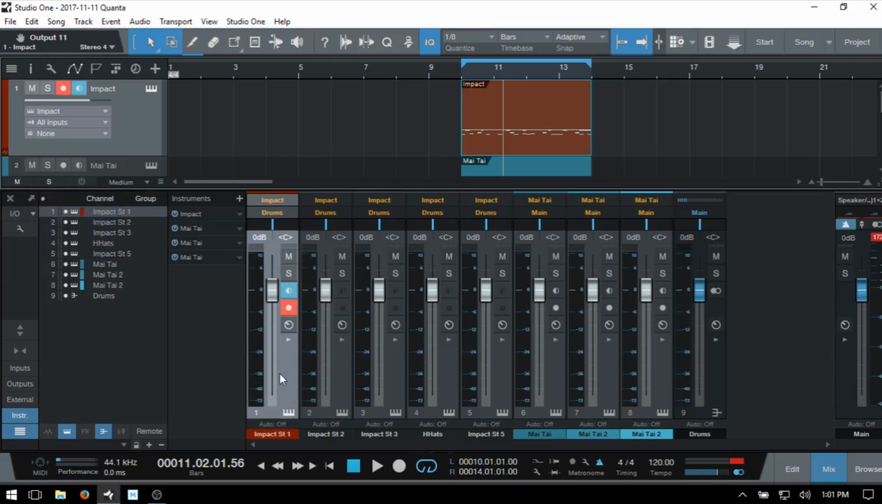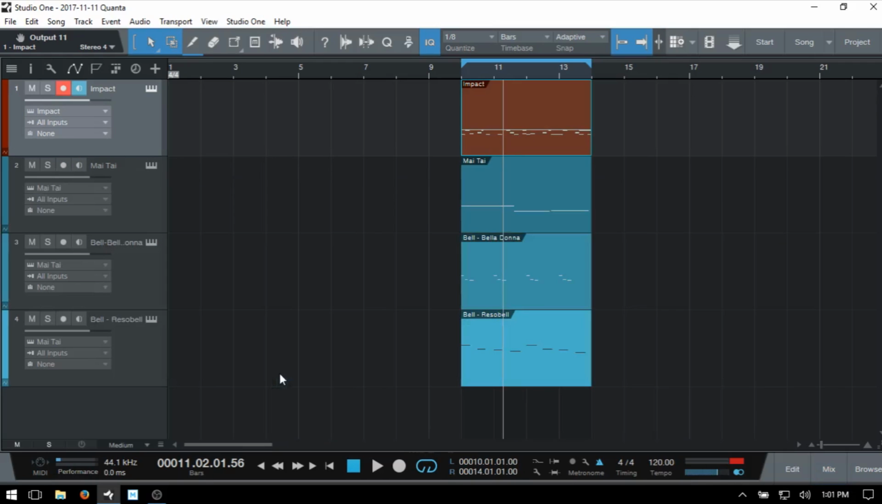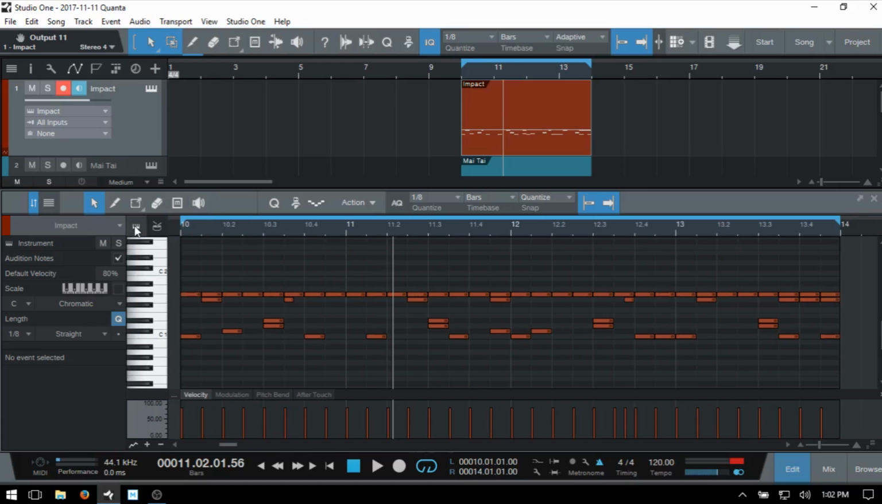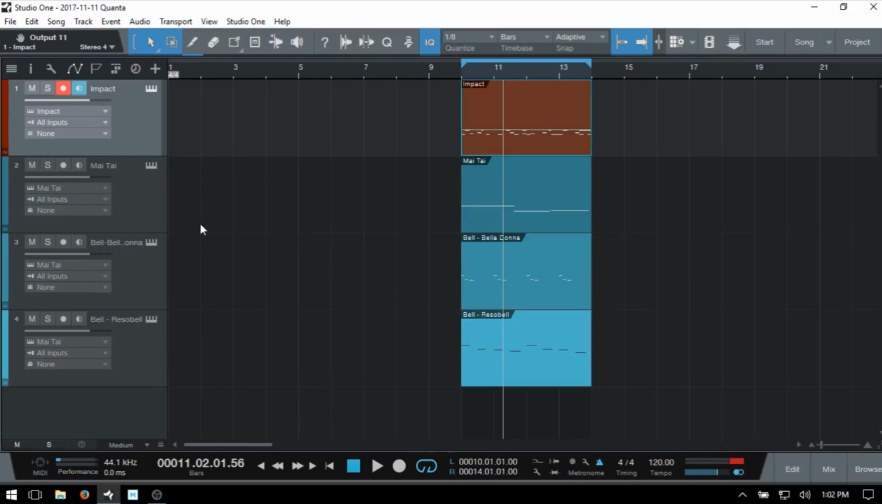mix console as well. If I F3 and close out the mix console and then double click on this MIDI part, and if you are someone who prefers to use the piano roll, just know that that is available. This is for accessing the drum editor, which is what it will open up into by default when we double click on a MIDI part for impact. But we can also click on this icon there, and then this gives us the piano roll. I'll F2 to close off that editor,